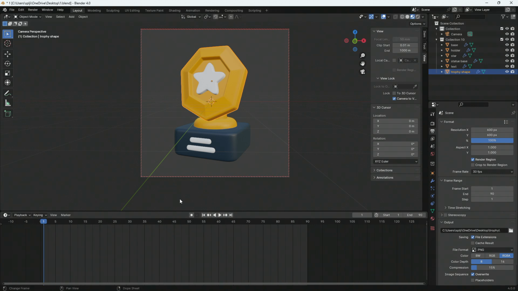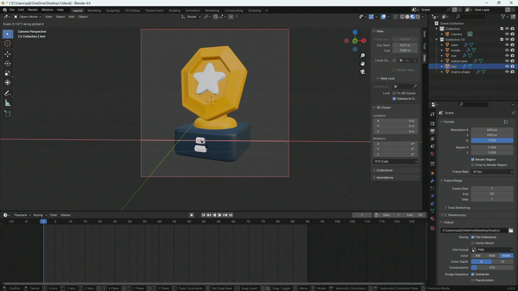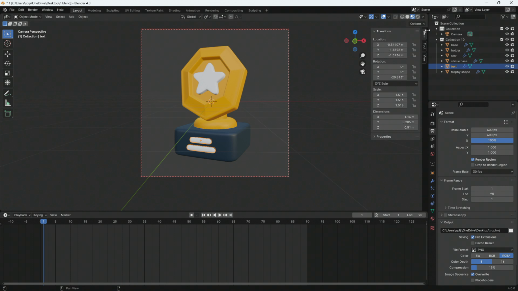And then what I can do is, let's say I want to start with this. So this is the text. You can hit S, and before you do, you can go right here. So just S and then X, for example. Once you are inside of this view, so S and then X, it's going to slide and scale on that level. But what I need is the item here, so just select the item so that you can see